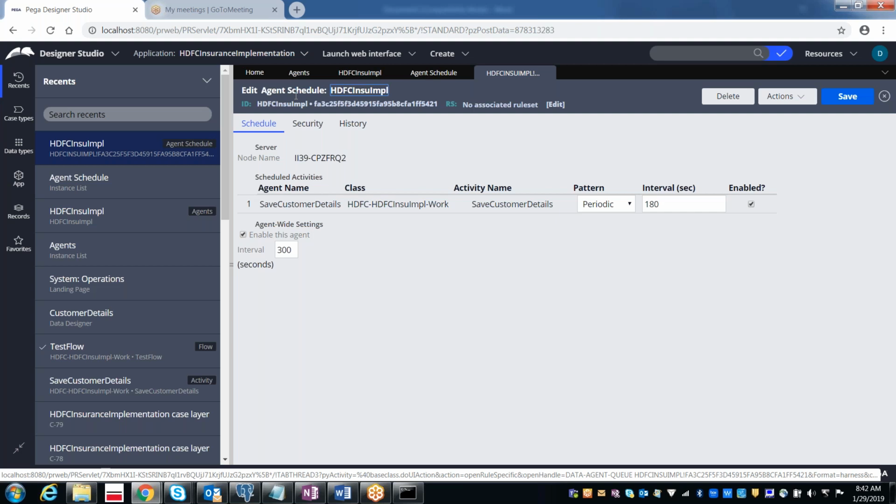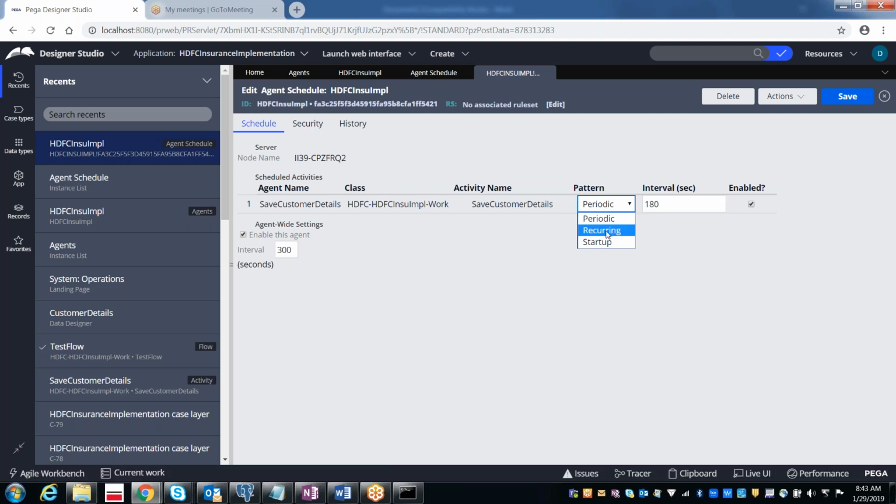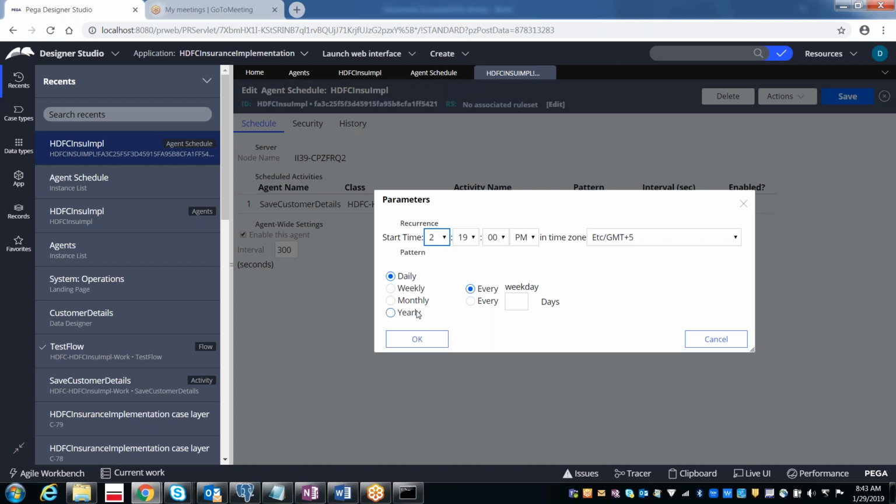And the benefit of having agent schedule instances is this: right now I have periodic. In case I have recurring, we will be selecting the start time and the time zone.